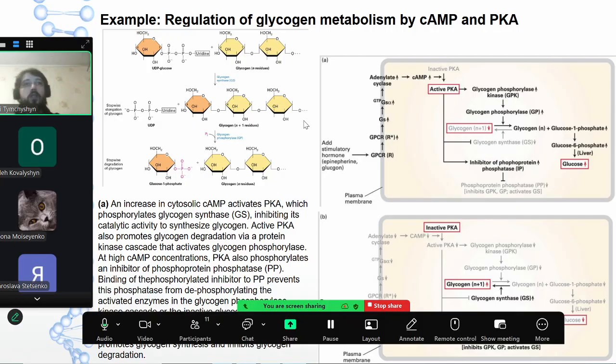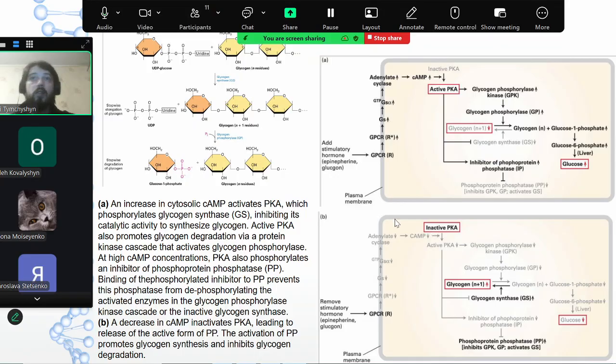Well, if you know something about starch, you should know that glycogen is often called animal starch, so they are pretty similar in function and in chemistry. There are certain subtle differences regarding branching, but let's disregard that for a moment. So here it is, and here on the right you see basically the regulation, how that happens in terms of